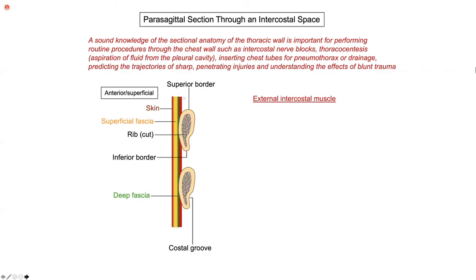Now going further, under the external we have the internal intercostal muscle. Are we clear? And now within this costal groove, we have what? Intercostal vein, intercostal artery, and intercostal nerve. So we have a formula, VAN, VAN, VAN. This is how they are organized from top to bottom, and it goes in each costal groove.